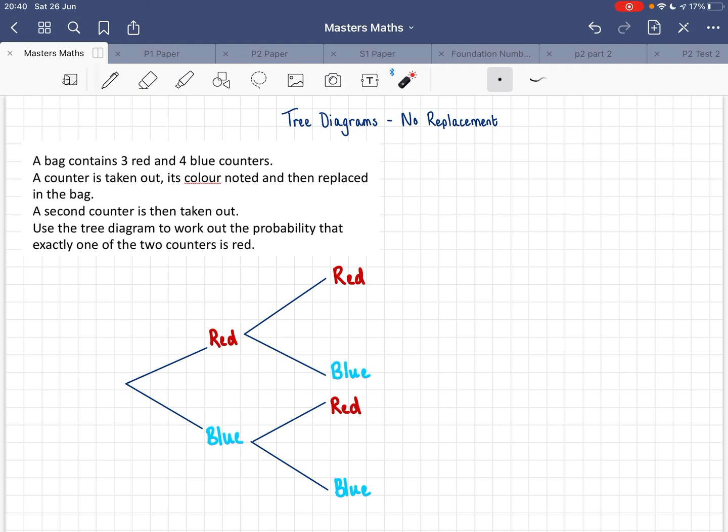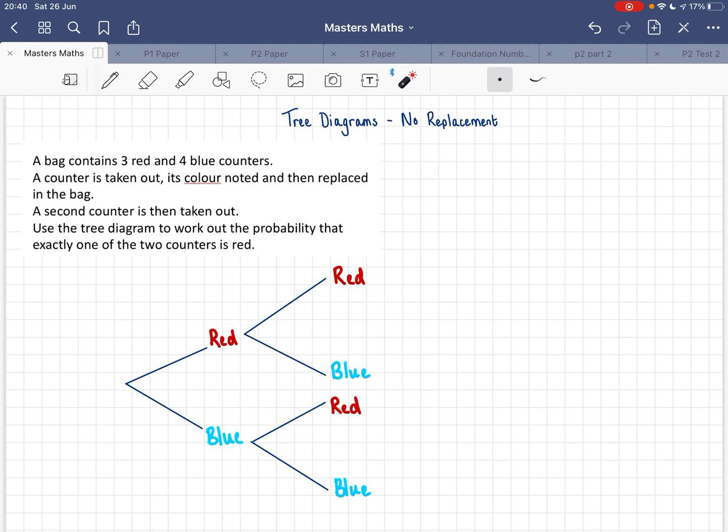You're imagining, well, what happens if I pick a red counter? What happens if I pick a blue counter? And so on. But this is red and blue counters. You've got 3 red and 4 blue counters in a bag. A counter is taken out, its colour is noted and then replaced in the bag. A second counter is then taken out. Use a tree diagram to work out the probability that exactly